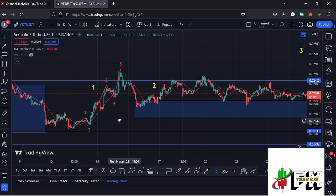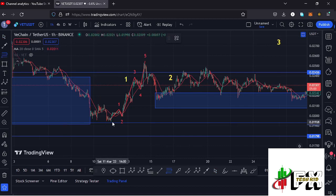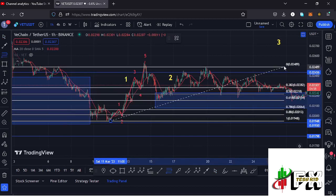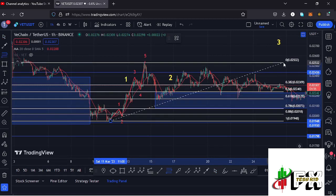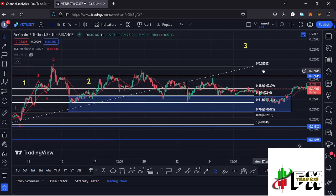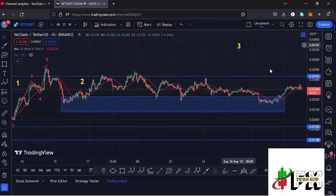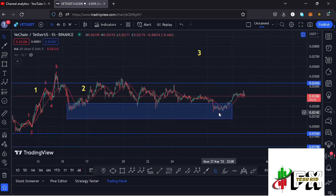Then we started a corrective structure to the lower side in the formation of this wave 2, and using the Fibonacci's, connecting them from the low of the first wave down there to the high of that wave 1, I was able to come up with a minimum retracement area in the formation of that wave 2 between the fib level 0.5 and the fib level 0.78, which is a target area that we almost fully maximized in a move that gave us a low at around the